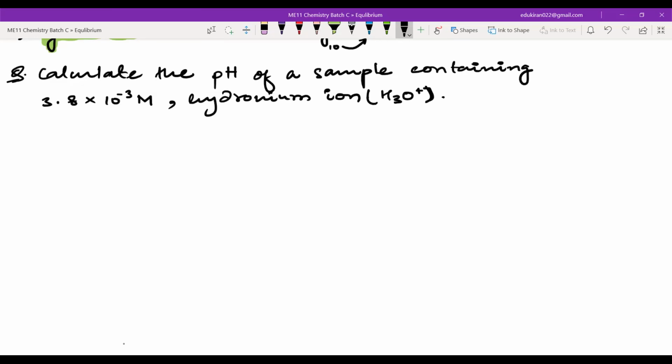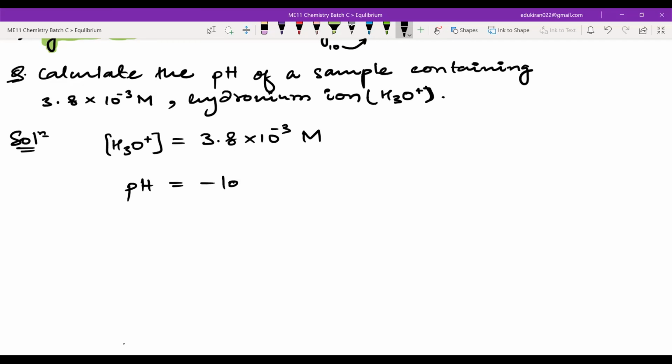So in this question, what do we have? We have the concentration given. The concentration of H3O plus, it is given as how much? 3.8 into 10 to the power minus 3 molar. Now, what is pH? pH is the negative log of concentration of H3O positive. Okay, so please listen here. Don't write at this point. Okay, please don't write at this point. Just answer my questions. So what should I write? Minus log. Tell me, what is the concentration of H3O plus given in this question?